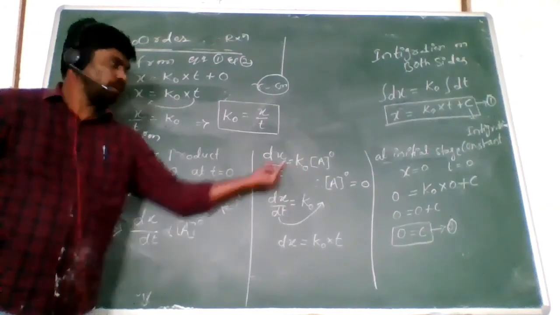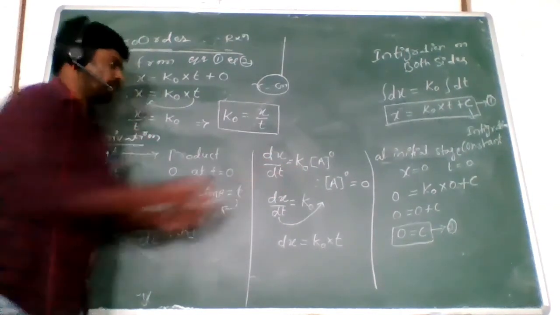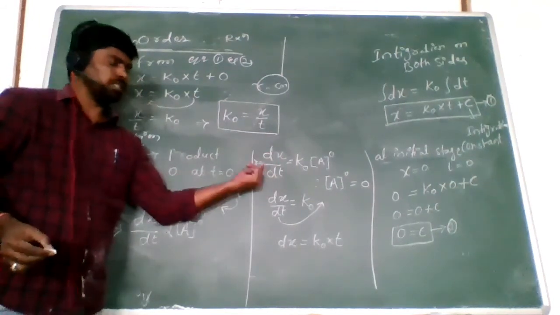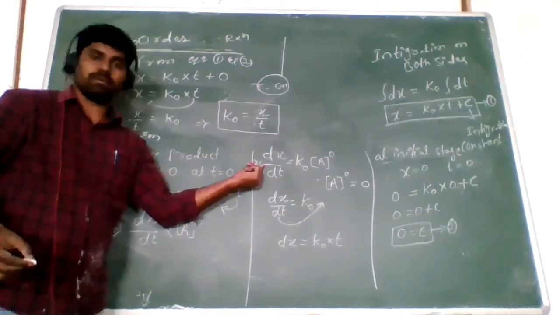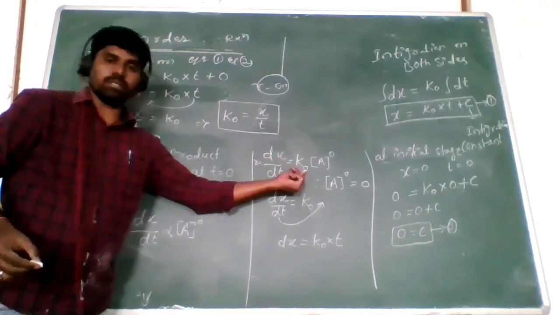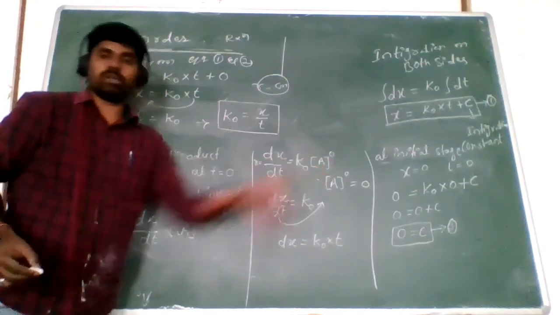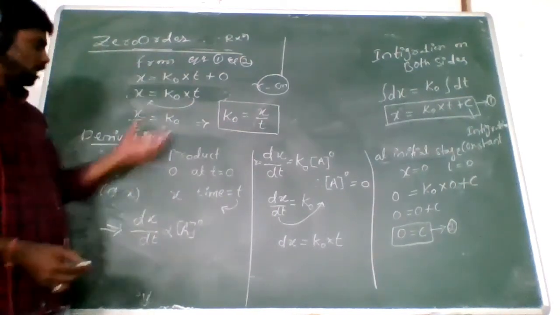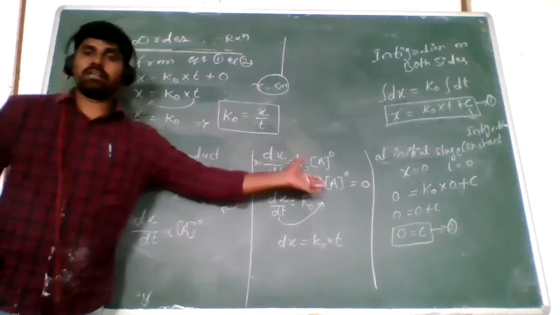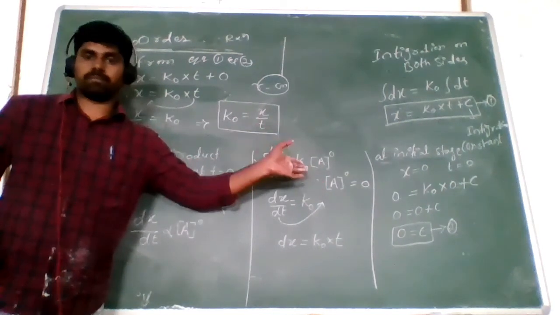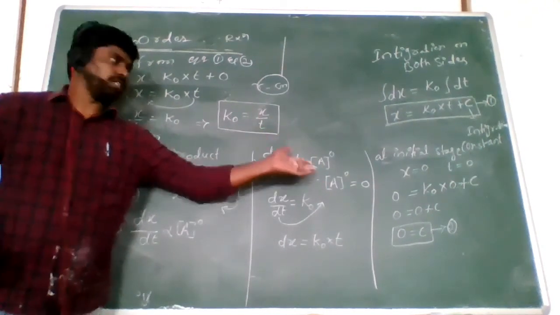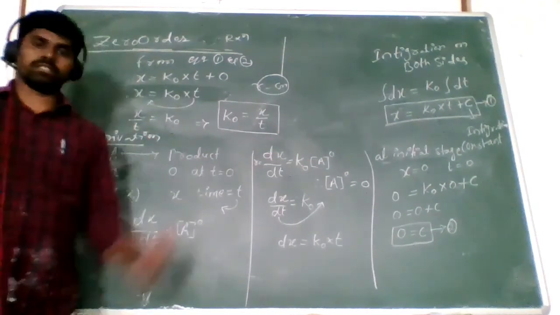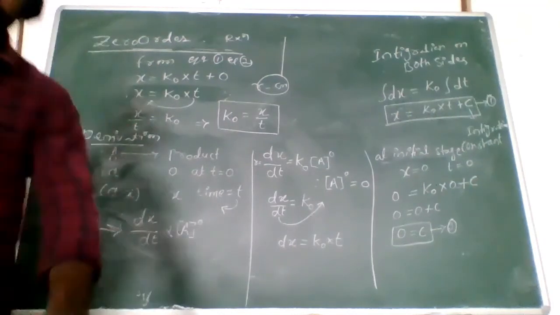So this is dx by dt. What is dx by dt? That is equal to R. R equals dx by dt, which represents the rate of reaction. So the exponent is 0, meaning the reactant concentration power is 0. That's why it is a zero order reaction. So finally, the rate of reaction does not depend on the concentration of the reactant. That is a zero order reaction. Okay, clear? Right, write it down.